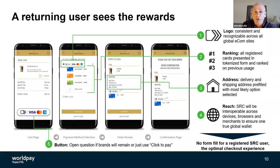So let's say I've gone to a completely different merchant, never been to this merchant before either. I select my goods, and then I see the SRC icon, and I say, oh, I know I've enrolled in that. I'm going to go ahead and click on that. Immediately, if I've enrolled into an SRC system and I've clicked to remember my device,